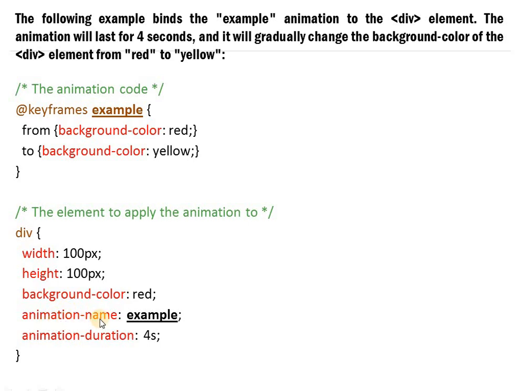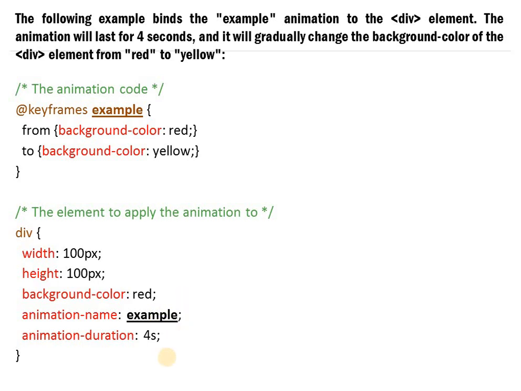The first thing you have to mention is your HTML tag element, that is your element selector. Over here we have used an element selector, with animation-name, which is a CSS animation property. I have mentioned the name of my animation, the name that I want to apply for this particular div tag.